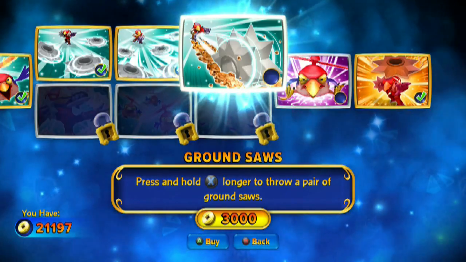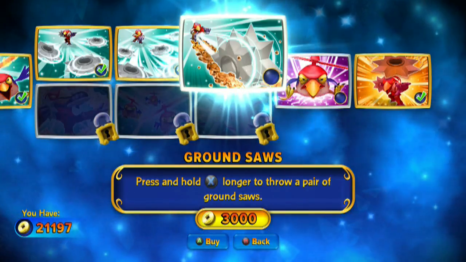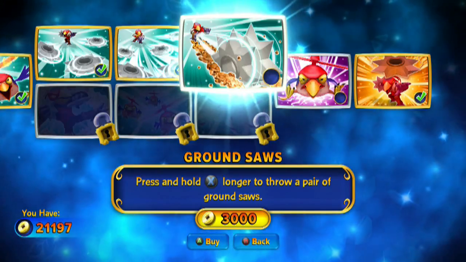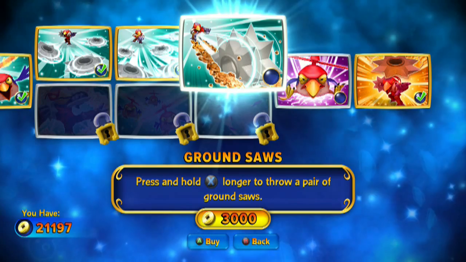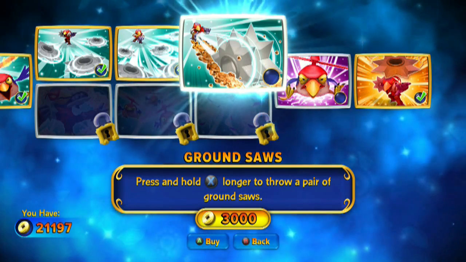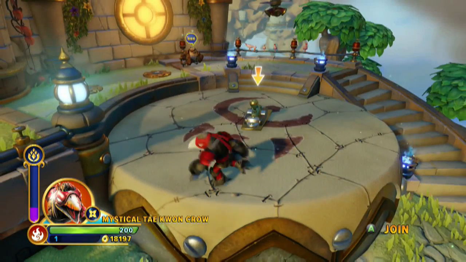I mean, by the time I press X and hold it, he throws the initial 3, and then it's like instantaneous, he's ready to go to 5. I'm assuming this will be like a 2 to 3 second hold, and we'll kind of get a feel for it. But 3,000 is the price. Let's roll with that. Back out of here, and